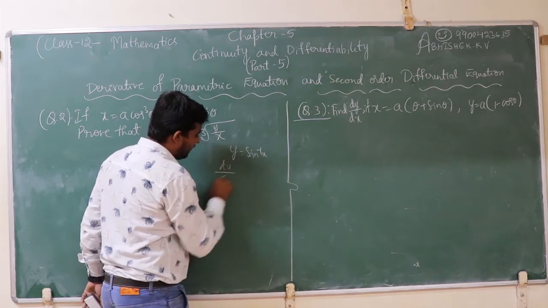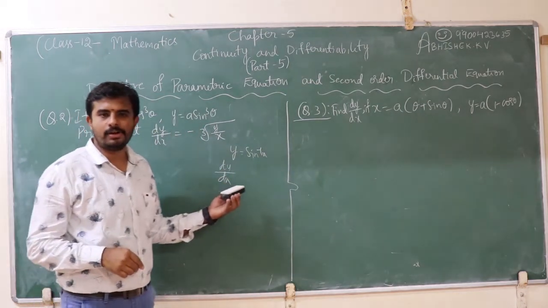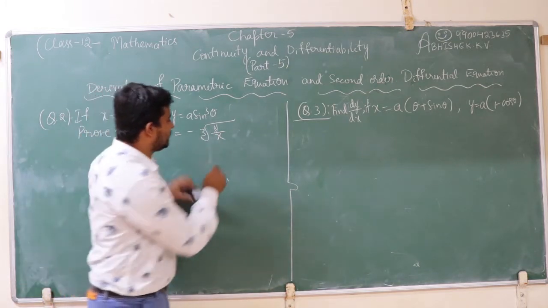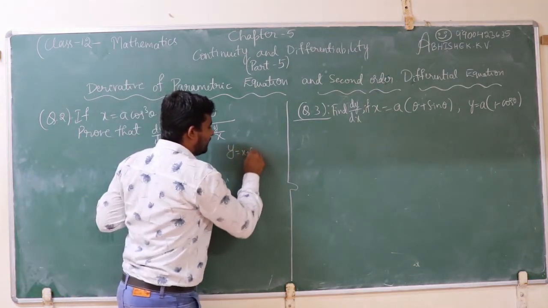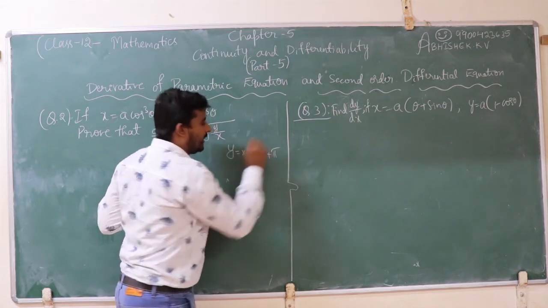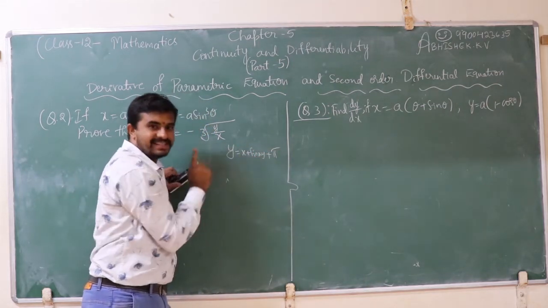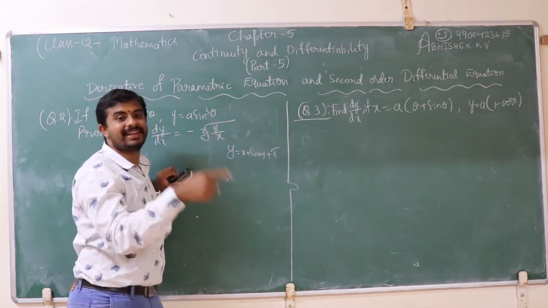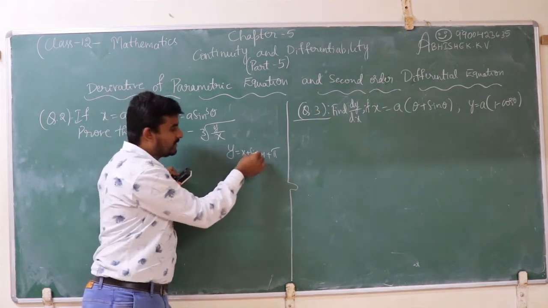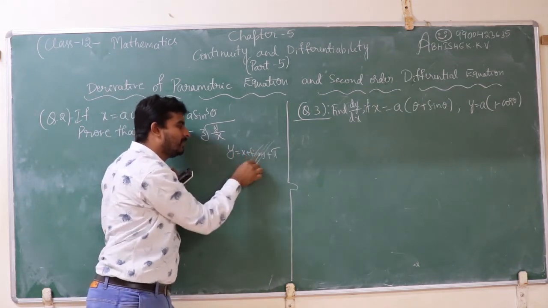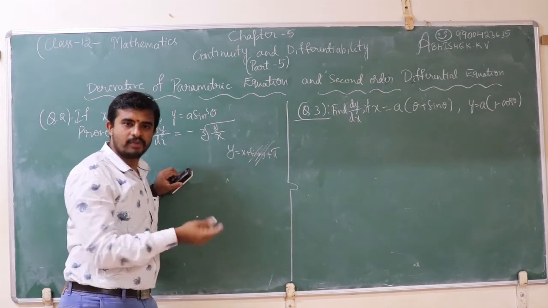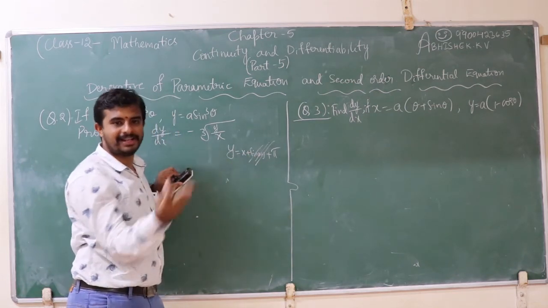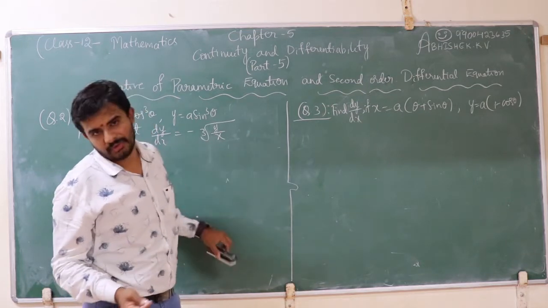We need to find dy by dx. For this we need to go through the derivative of inverse trigonometric functions. If the equation is y is equal to x plus sin xy plus 5, see, this is the relation between x and y. Here we need to use the derivative of an implicit function using the chain rule. See, sin xy: sin is one function, x is another function, y is another function. Here we have three functions and it is a relation between x and y. Therefore, it belongs to implicit functions and also the chain rule.